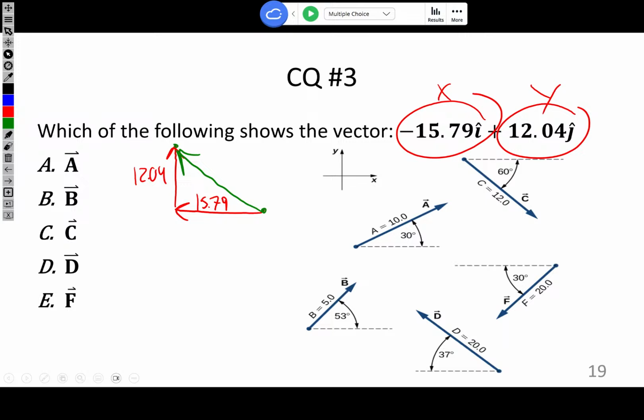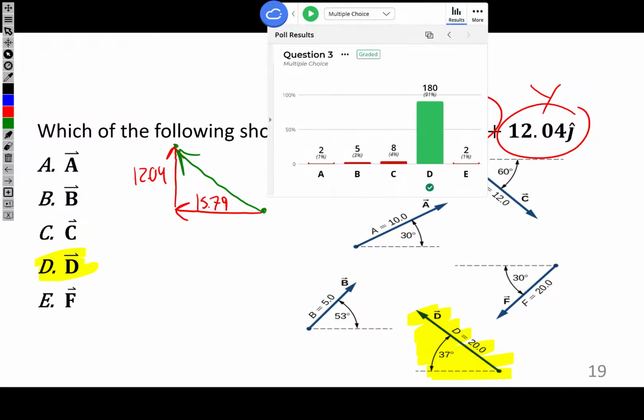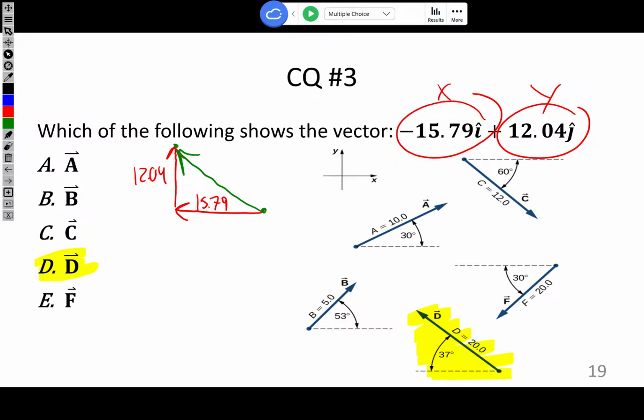It is pointed to the left, and it is pointed up. There is only a single vector on here that is pointed to the left and that is pointed up. It's this one. The answer is D, which we largely got. Great job. And if you did the math, you could confirm that if I do the square root of 15.79